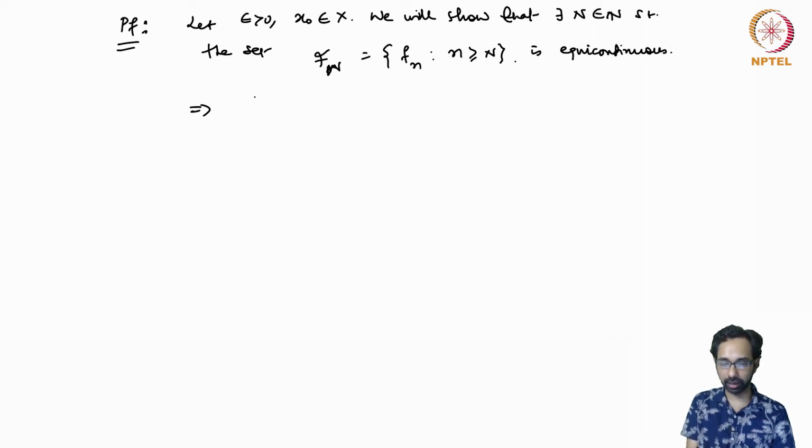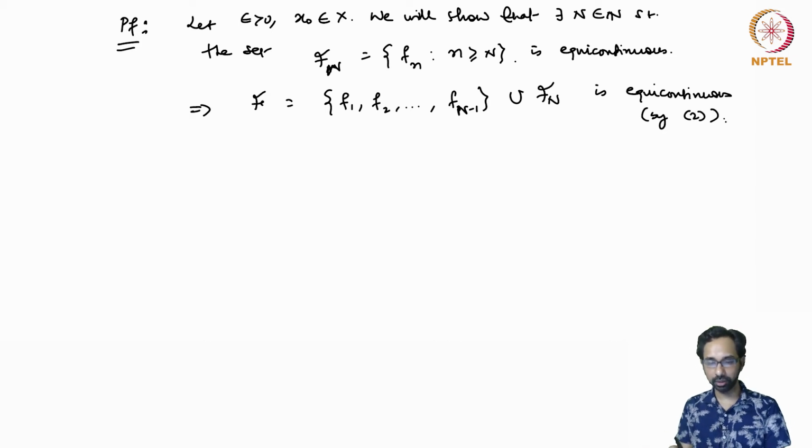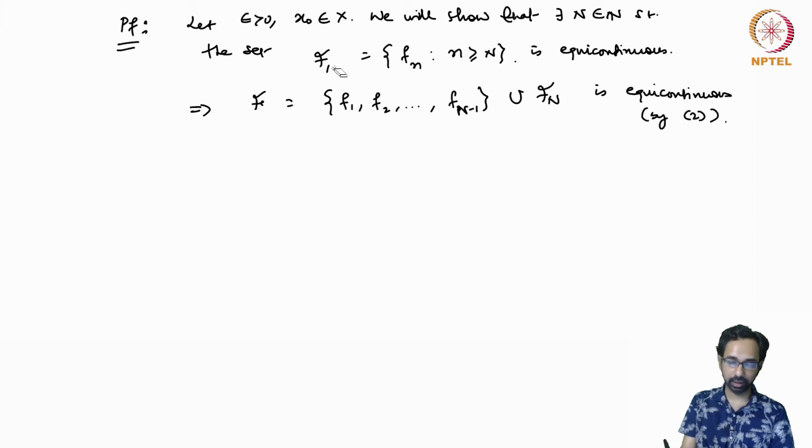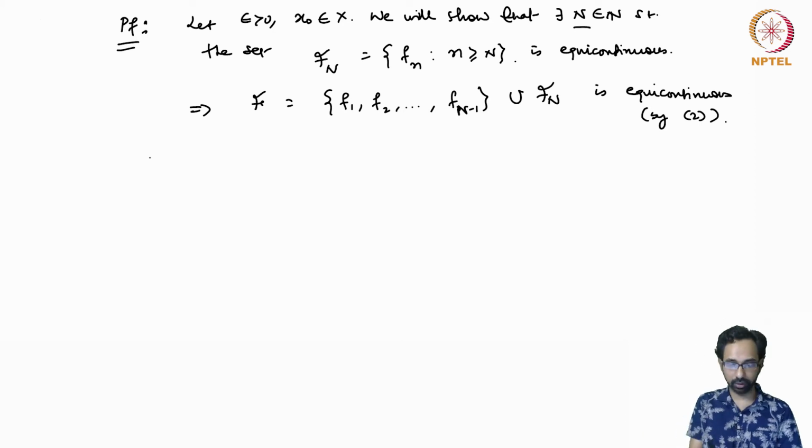And this would imply that F, which is the union of the finite set F1, F2, up to F capital N minus 1, union F_N, is equicontinuous by the second property above. So it suffices to show that this F capital N is equicontinuous for some capital N. So we have to show that there exists a neighborhood U of x0 such that